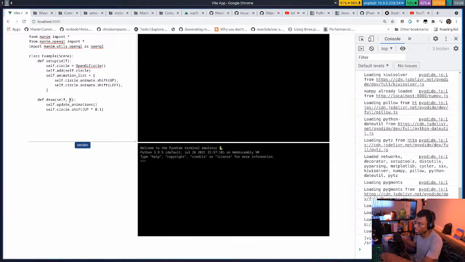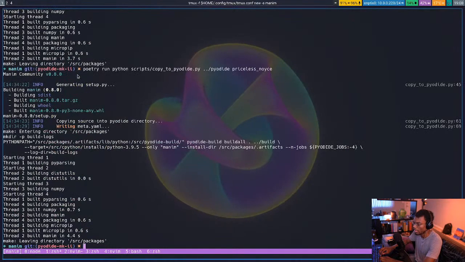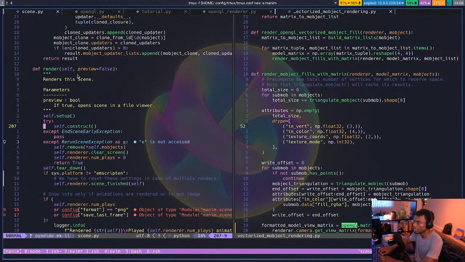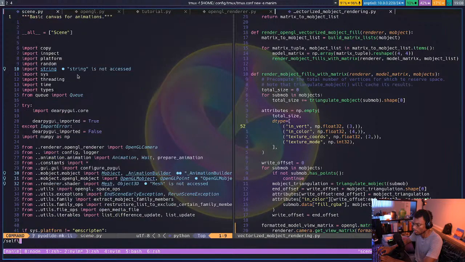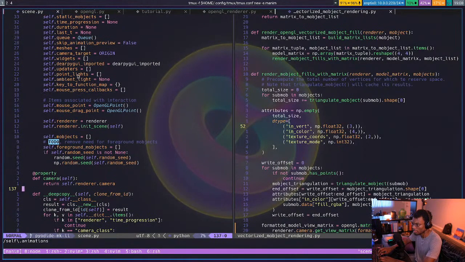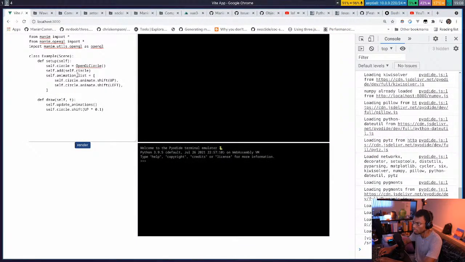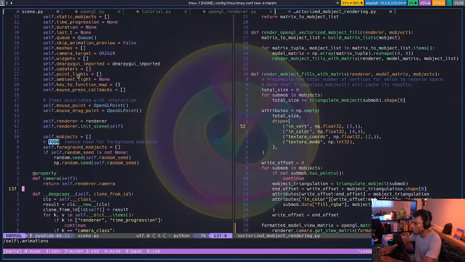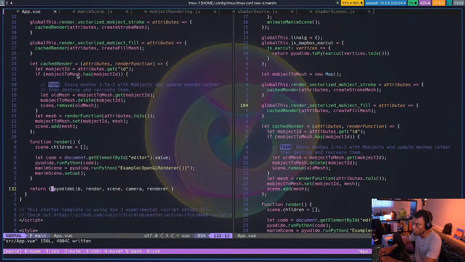So first things first, I have to pass this a timestamp. Update animations is probably as good a name as any. I think there's already a self.animations that Scene has, and I wouldn't want to mess with that. I wouldn't want to conflict with that variable. Yeah. So I guess that'll have to be animation list or something like that. Okay. So firstly,